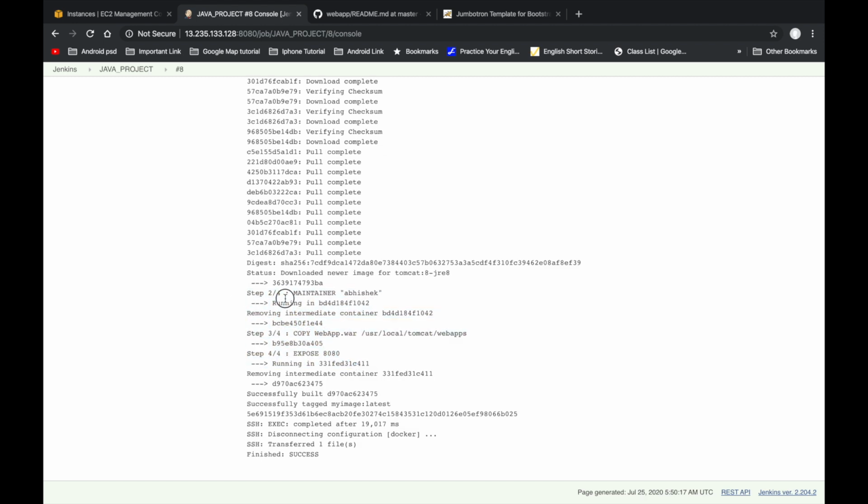The first step, second step, maintainer, then copy the war file into the Tomcat default directory, expose port 8080, and after creating the custom image, it will create a container using that custom image.